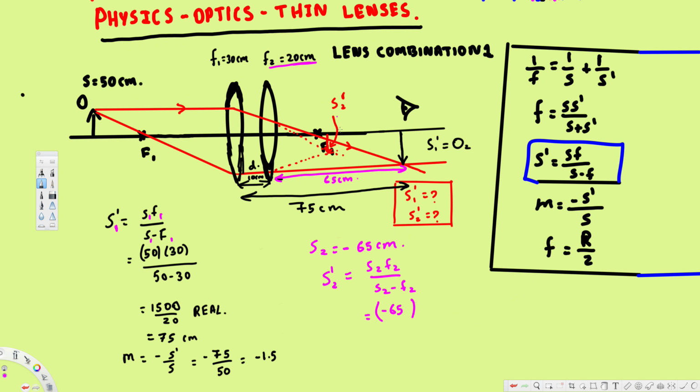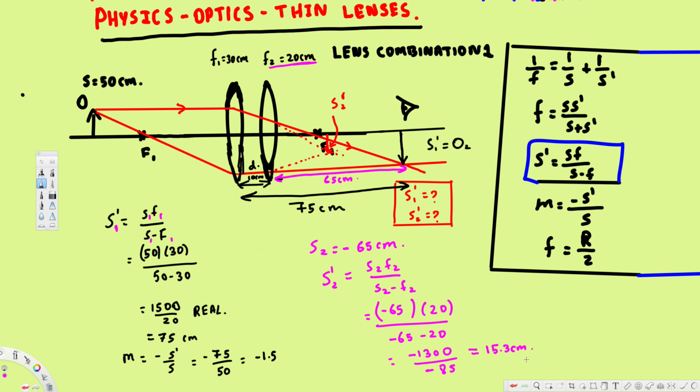In the denominator we are going to have negative 65 minus 20. That gives us 65 times 20, which is negative 1300, over negative 65 minus 20, which is negative 85, and if you divide these two, that gives you 15.3